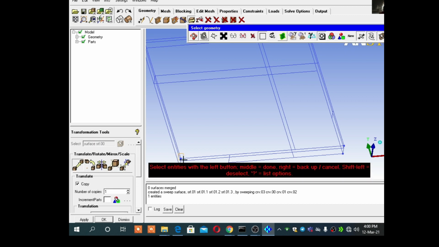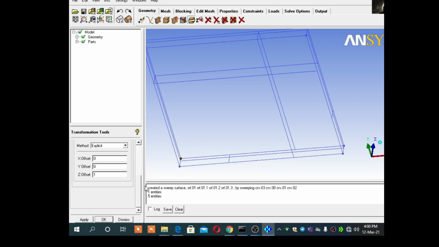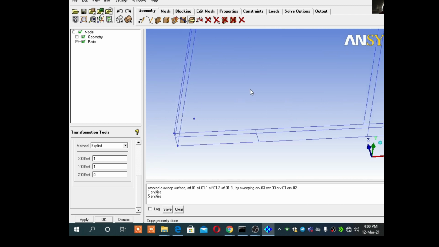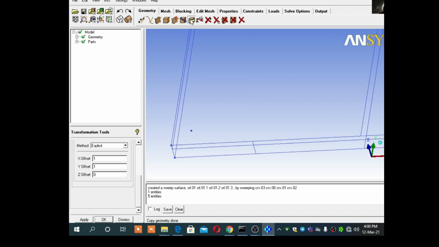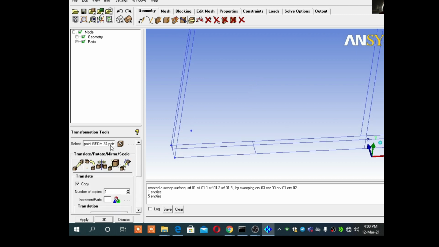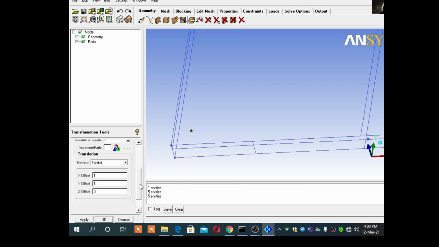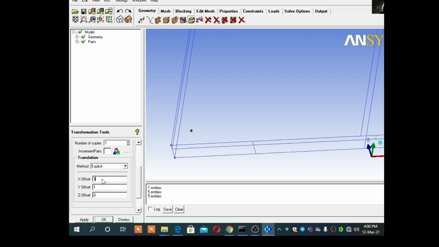This point I will take exactly 1 mm in the X direction and Y direction, and I will take 1 mm by 1 mm. So the distance again, not 1 mm, it is near about 5 mm.